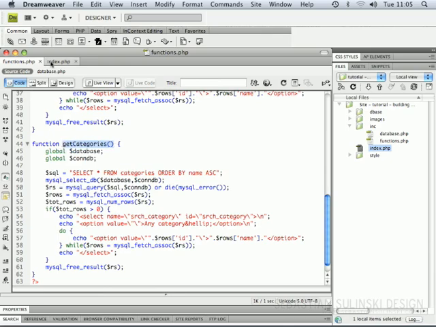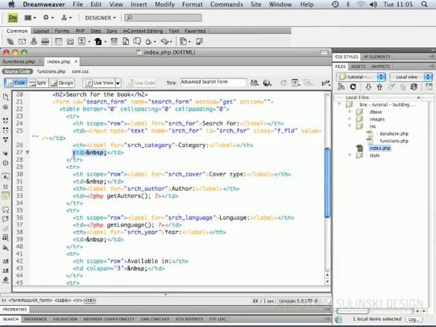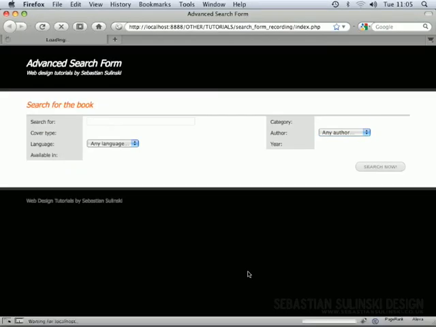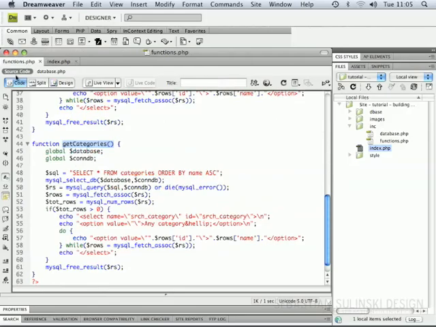So again, copy the categories, get categories function, name, and in a cell for category, let's display that function, go to the browser, refresh, and you can see we've got all of our categories displayed. Okay, if we go back to Dreamweaver, next function will be a little bit different, but the main structure will remain the same. So if we copy the categories,